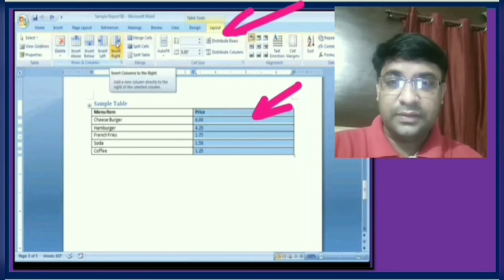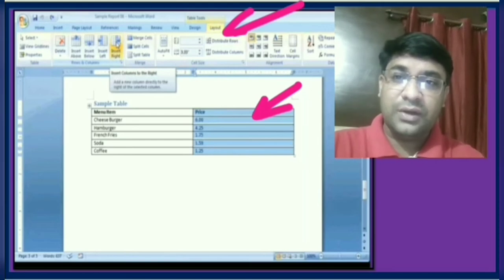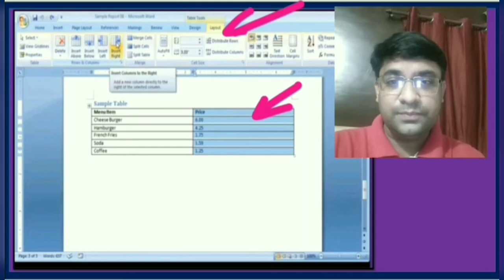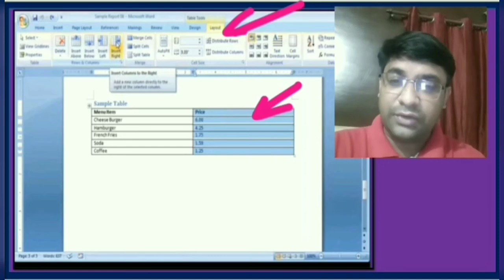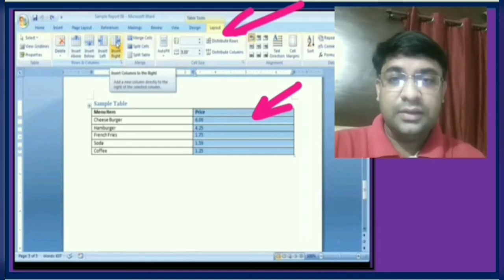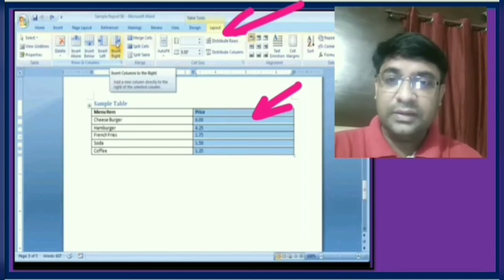Third step is click on Insert Left or Insert Right in the Rows and Columns group. To add a new column to the left of the cell, click on Insert Left in the Rows and Columns group, and to add a column to the right of the cell, click on Insert Right in the Rows and Columns group.